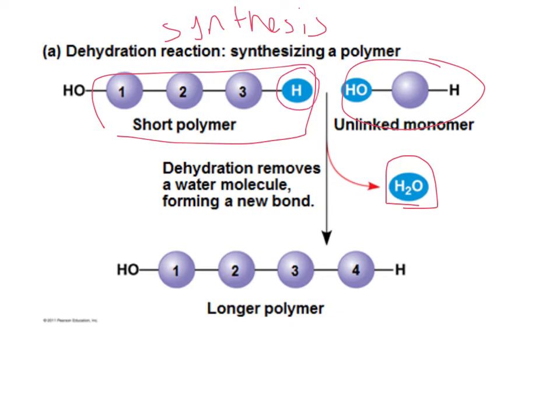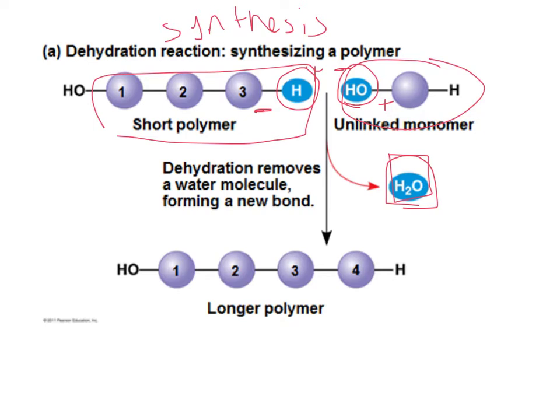If I remove this hydrogen and this hydroxyl group, the hydrogen would be positive on its own and the OH group would be negative, so those two would attract to each other to form the water. This short polymer then would have a slightly negative charge on it,